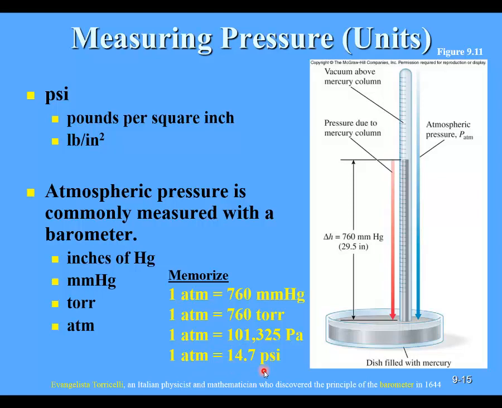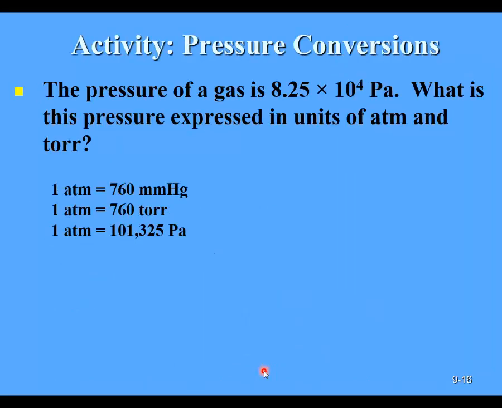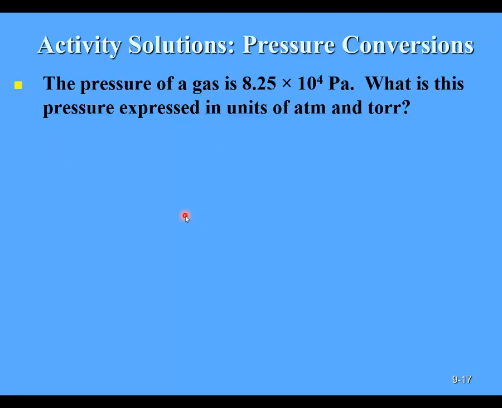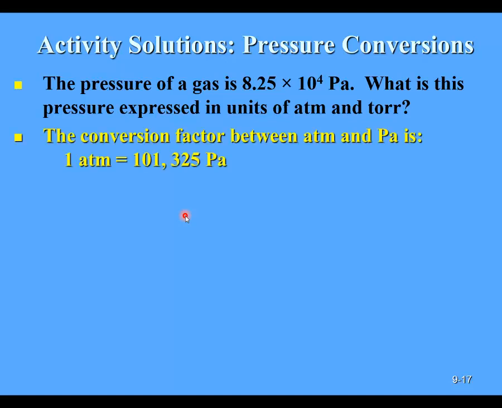Okay, so I want you to be able to do some of these types of conversions between different units of pressure. So let's consider if we have gas pressure in pascals. I have a gas that has a pressure of 8.25 times 10 to the 4th pascals, and I'd like to know what this pressure is expressed in units of atmospheres and torr. So I've given you some reference conversion factors that we can use, and as we're setting this up, the conversion factor I would like to use first is that 1 atmosphere is equal to